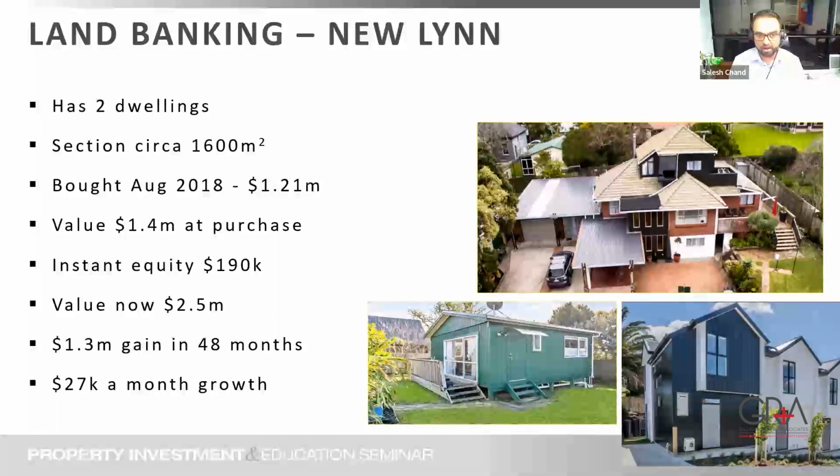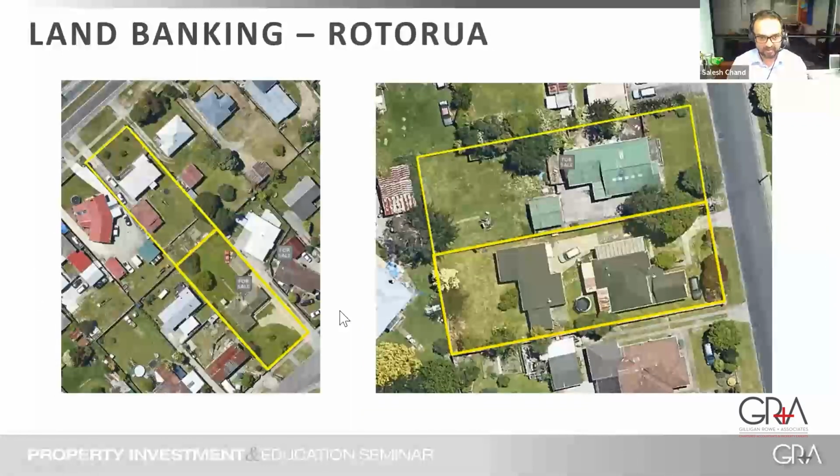Now, like I said, I do social housing. So all my properties are rented to social housing providers. And so I get passive income out of that, and I get interest deductibility. And I'm banking on my land. Now, here are some recent examples. In the last 24 months, there are some of the properties we've bought in Rotorua. The reason I'm promoting some of this is that these are the properties that actually do well over time. They grow in value.